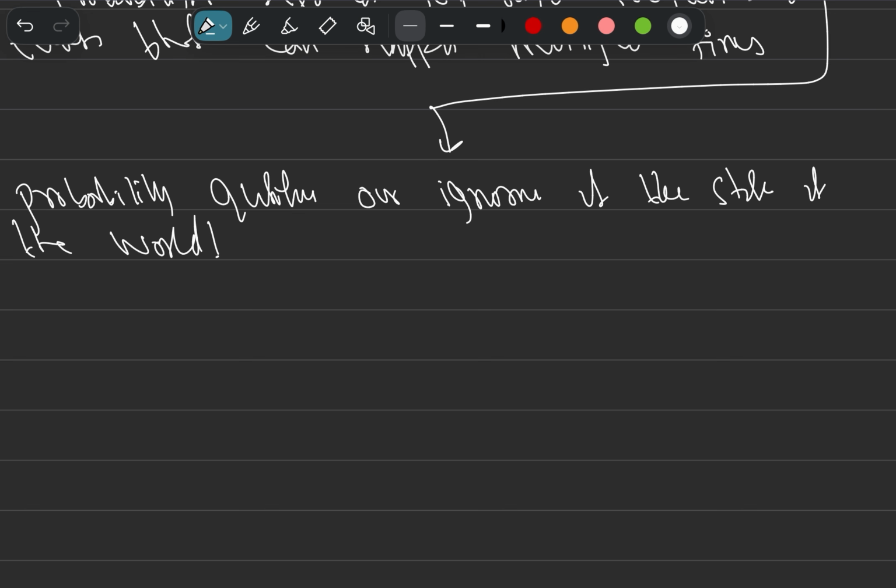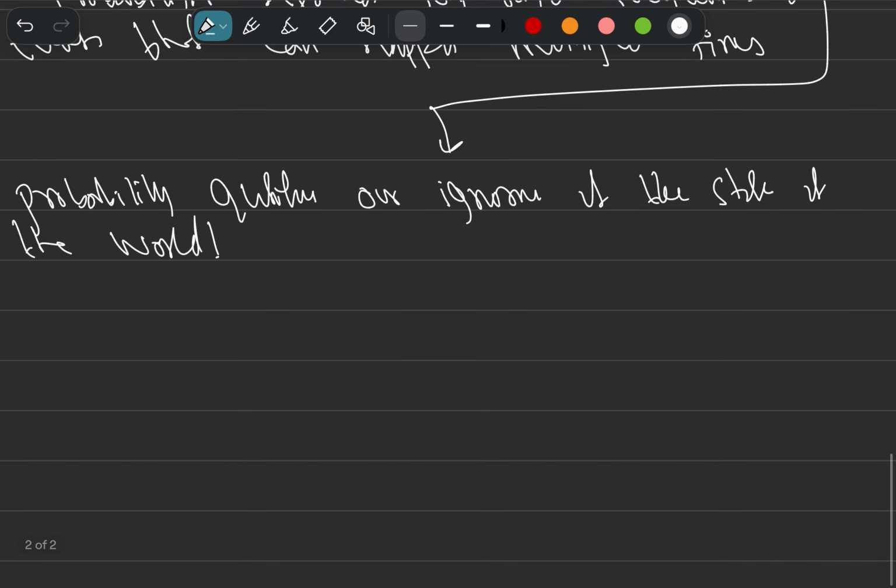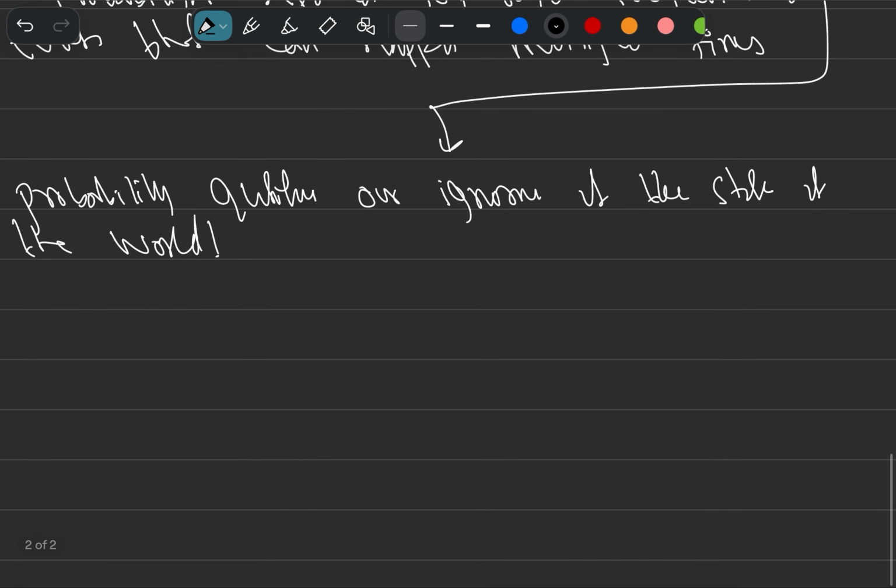All the formulas, laws, and metrics that we have can be used equally, whether you are working in the Bayesian or the frequentist interpretation. But we are going to work in the Bayesian interpretation. Okay, so I hope that's clear. If you have any questions, please feel free to ask in the comments, and I will be sure to reply. Other than that, we are going to move on to uncertainty.